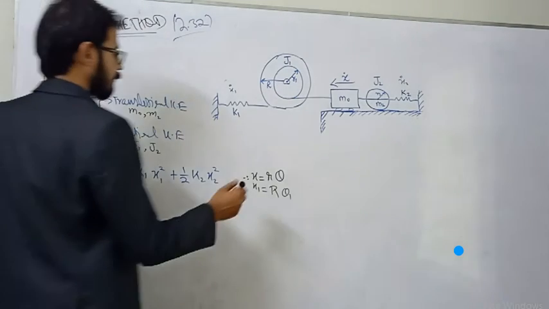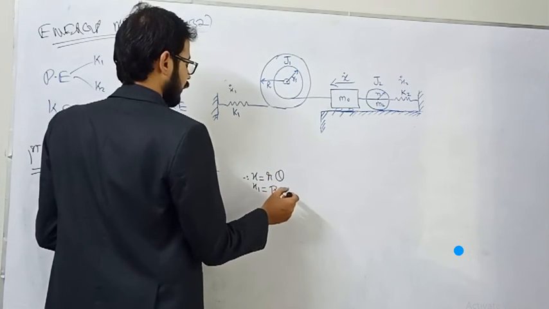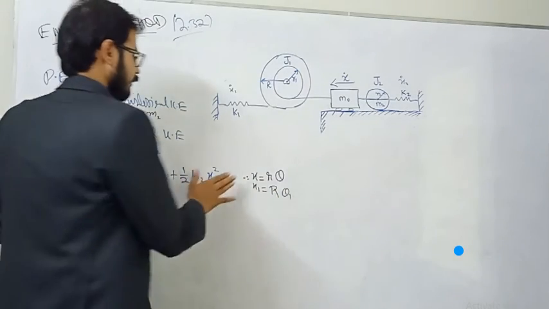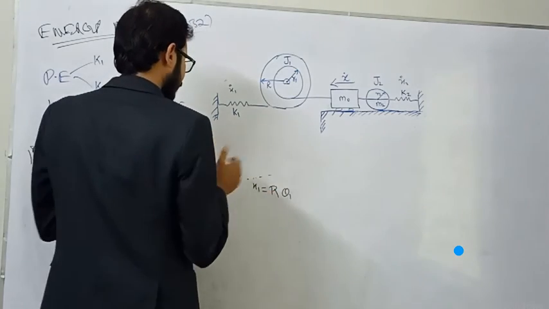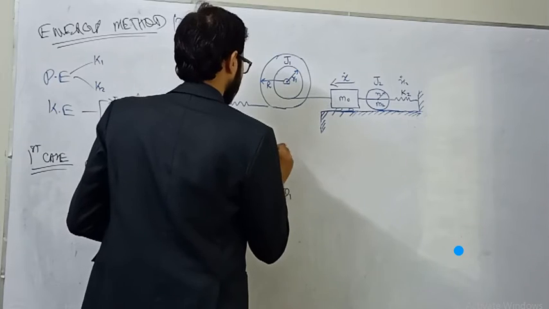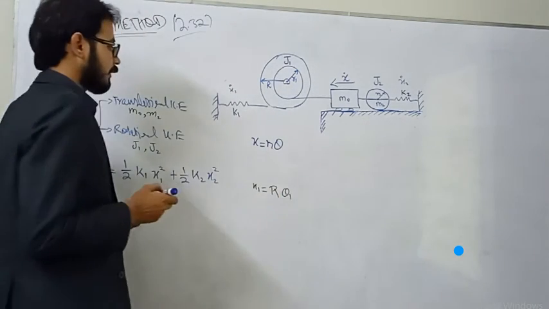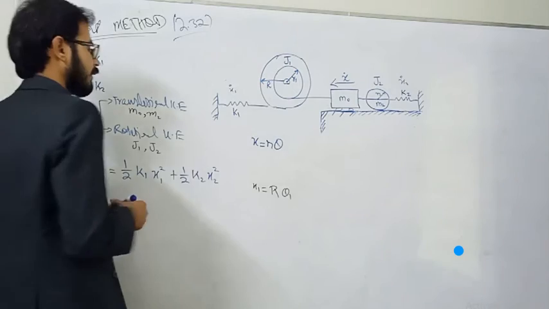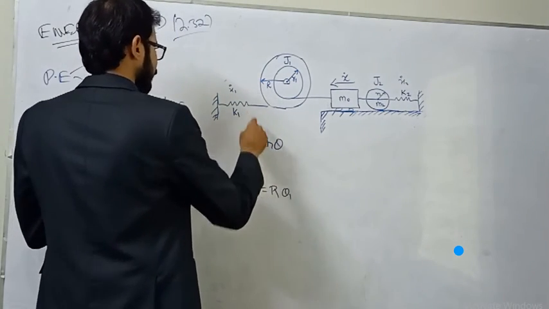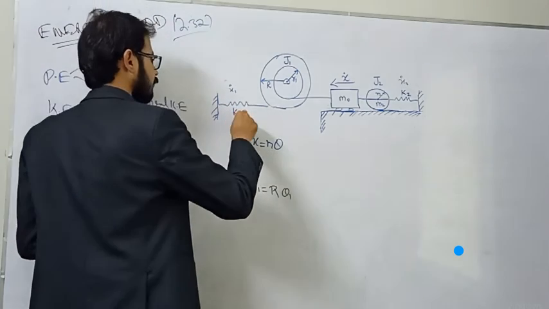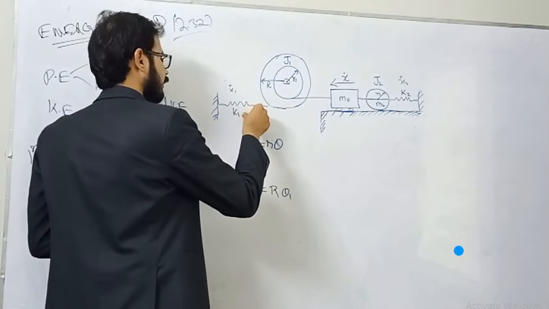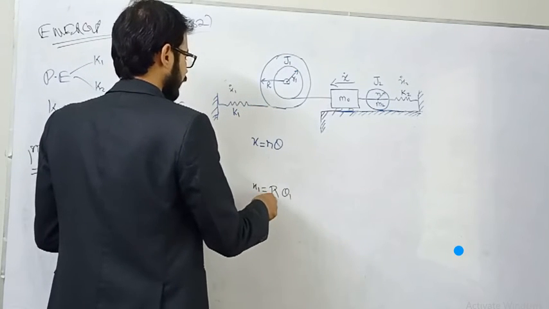Okay, so we have replaced small r with capital R, and this is theta 1, this is x1. How? Again, please see, we know that x is equal to r theta. This is a general formula that relates linear displacement with the angular displacement, where r is the radius of the body, and we want to convert this formula for the x1 element. For the x1 element, we know that the extended or compressed length that will be increased or decreased will be x1 is equal to capital R theta 1.